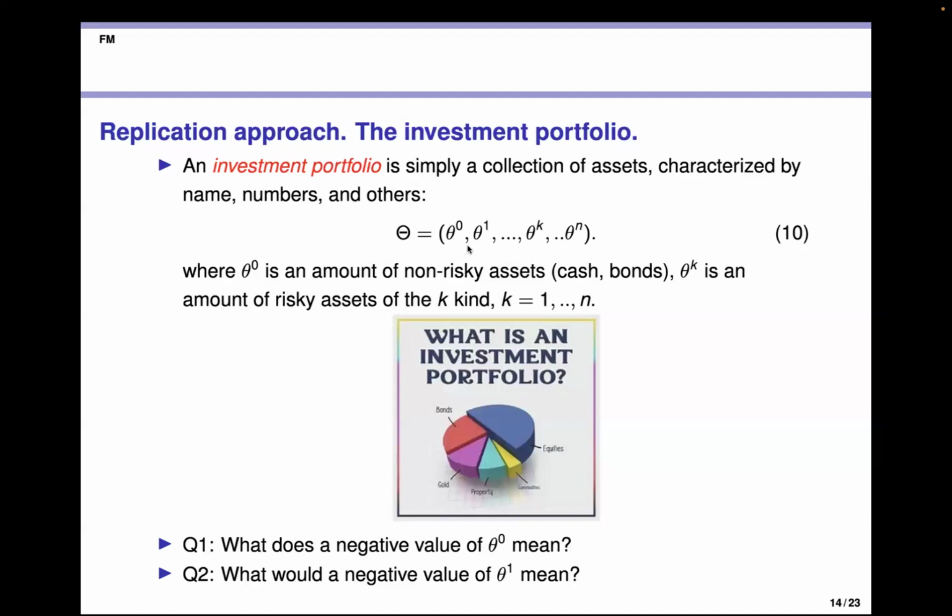Okay, so I need to explain. The first coordinate is like cash, and with minus it means that we borrow from a bank. With plus it's our own money. But for the rest of the coordinates,